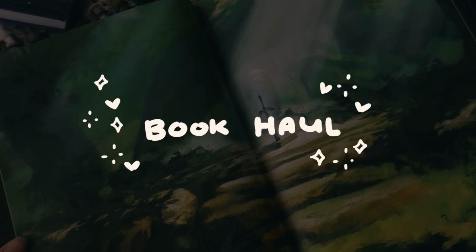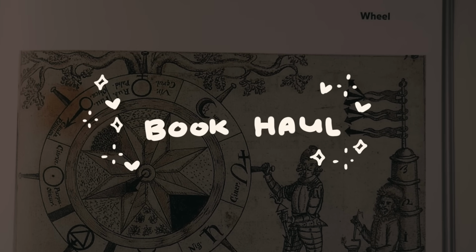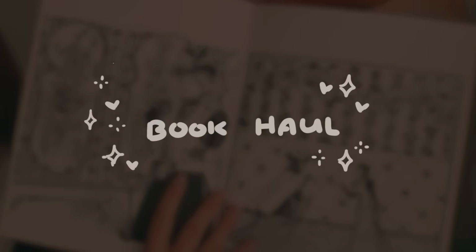So today we are going to be doing a book haul because over the past 6 months I've especially been collecting a few books that just have such beautiful art in them or are just so pretty that I really want to make a video showcasing them. And I also have a bunch more books that are just novels that I'm very excited to read